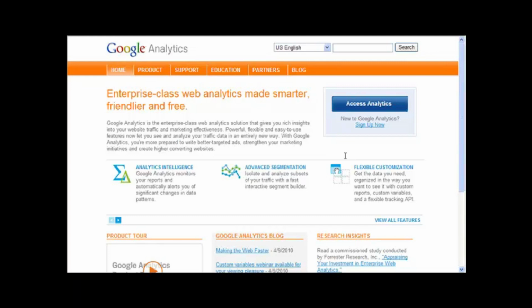Basically all you do is you add a web page. It gives you a little piece of code and you just copy it into the footer of every single page. Now if you're using something like WordPress, it's very easy. You just put it into the footer PHP. Anything else, you just put it on the footer of every single page. It's very simple. But by using this, you can track how many people are coming in, where they're going, how long they're staying on your website, all sorts of things like that. So if you see that you've got a high bounce rate, people aren't staying very long, then obviously you've got to work on the initial impression of your website so that people do stay longer.